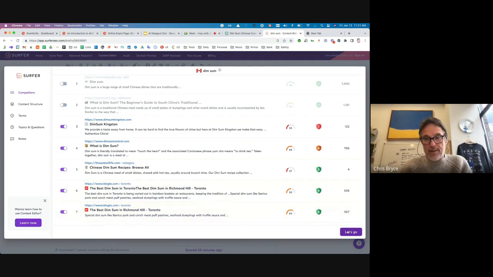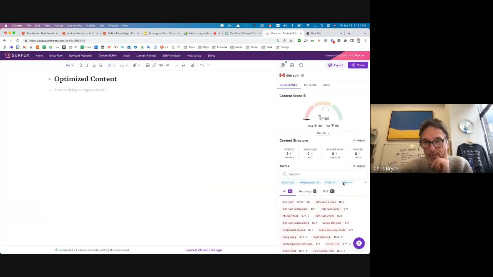So that's saving that information. That's now updated the structure of the post as far as how many words I want to write against competitors, how many headings to use, paragraphs, images. And right now I have a score of basically 0 because I have no content here.